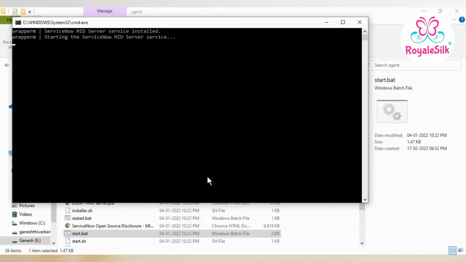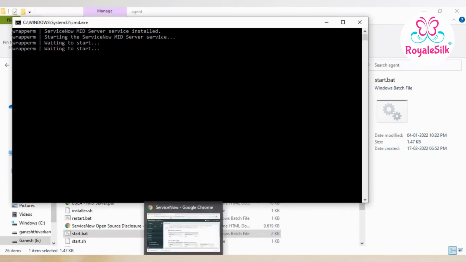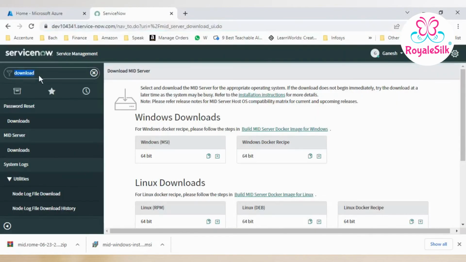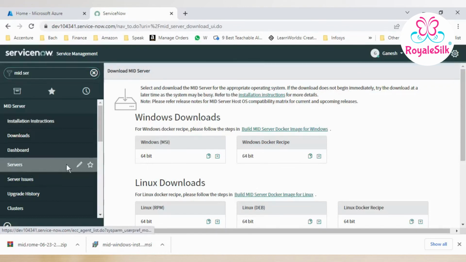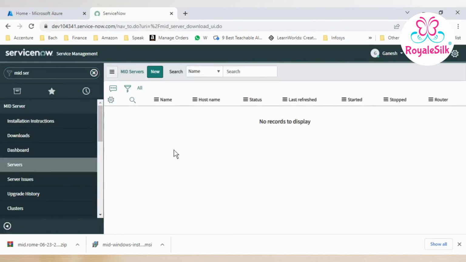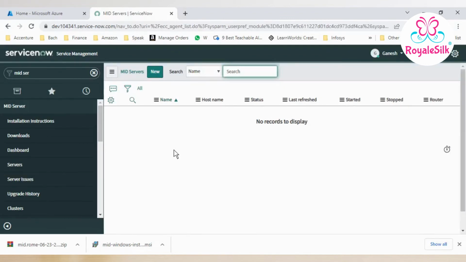So this is the start bat file. We just need to start it by running as an administrator. So now the mid server installation is starting. It has started configuring the mid server, and it will create the service in the services.msc of Windows, and in a few minutes, it will take around 5 to 10 minutes, to create the entry in the mid